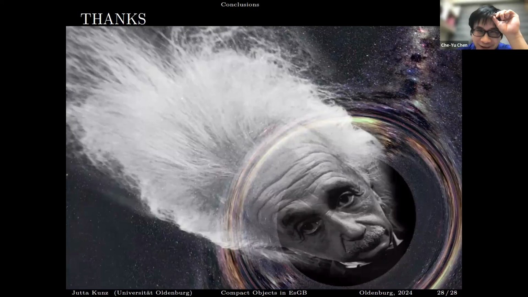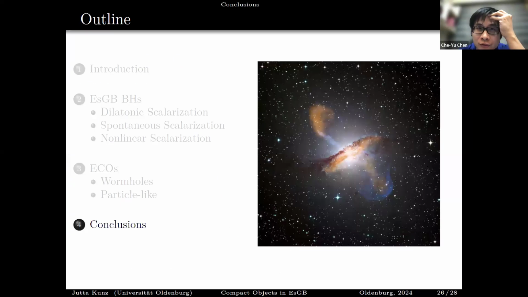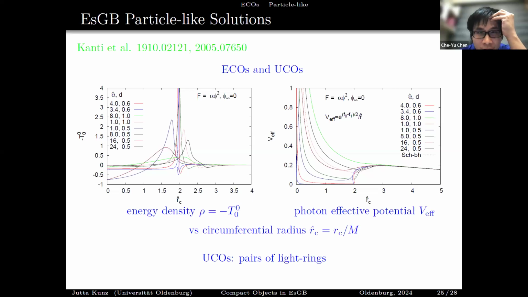Yes, I do have a question. Thank you, Jutta, for the nice talk. Can you go back to the slides where you show the effective potential for light rays? Yes, this one. So it looks like if you zoom in on the right figure and you focus on the localized case, like the blue and red curves, and near the RC equal to 2, there are some potentials that are multi-valued. Is that right? Yeah. In this type of coordinate, it's bending back. Does that make sense?